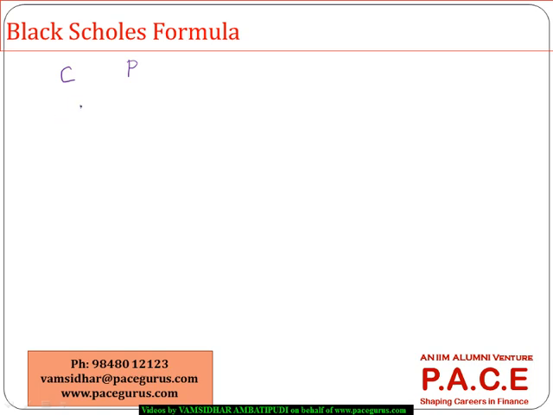Just giving the formulas for the same, the price of a European call option goes like this: whatever is the spot price, adjust it with the present value of the dividend. So when I am dividing it by e power q(T minus t), that is what gives me the present value of the dividend. This I multiply with the cumulative